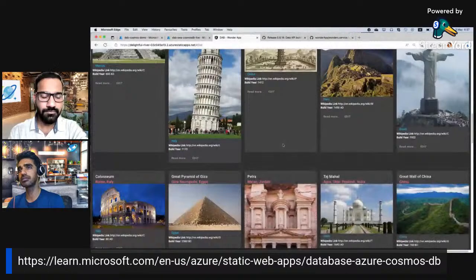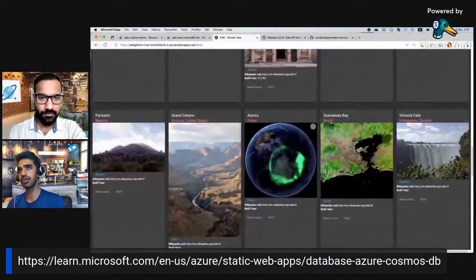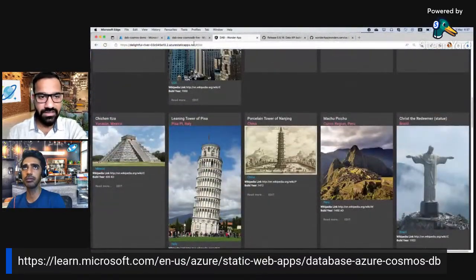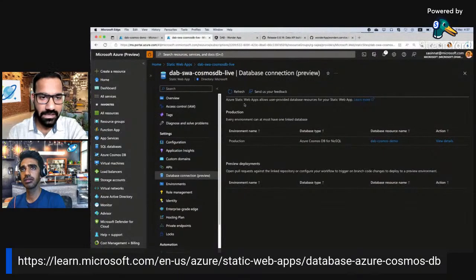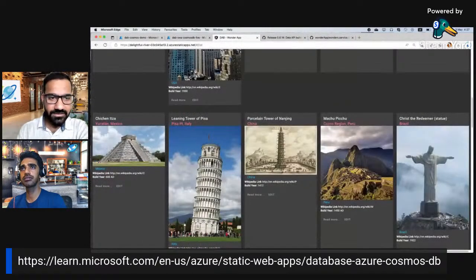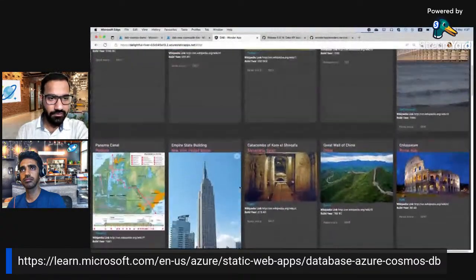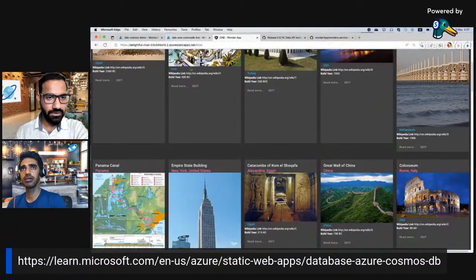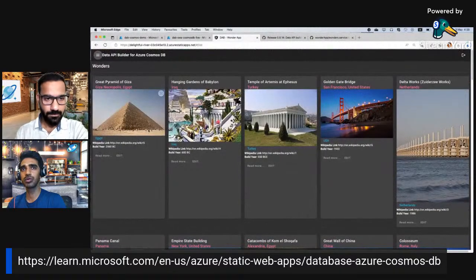So that's how easy it is to create your JAMstack application. We define the schema according to what we had to show on the UI, and then we established this database connection, and everything got populated. And if we make any changes in the underlying data, that will also get reflected in real time. Correct. It's similar to how you have dealt with APIs in general. Whatever changes you make automatically reflect on the front end.